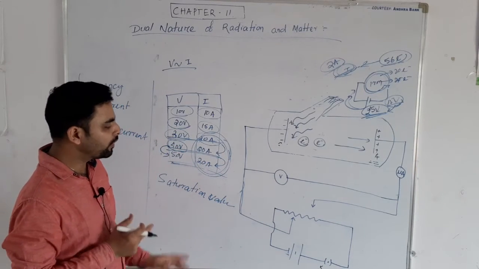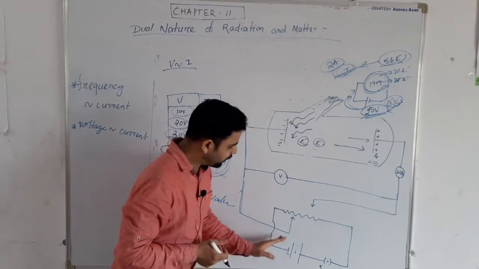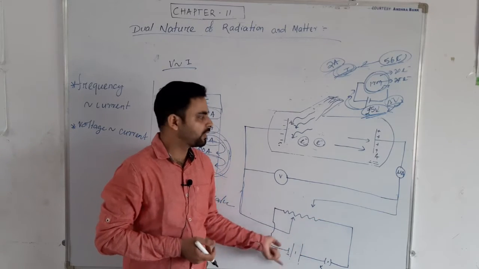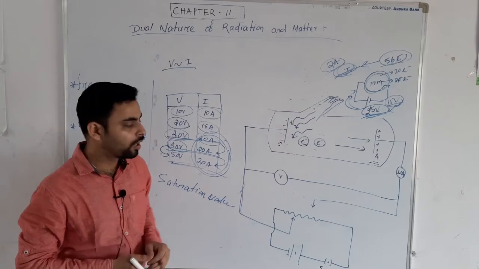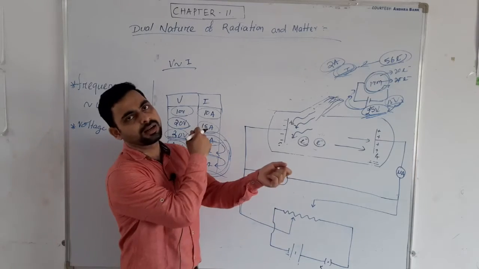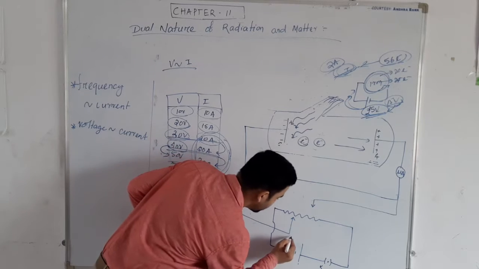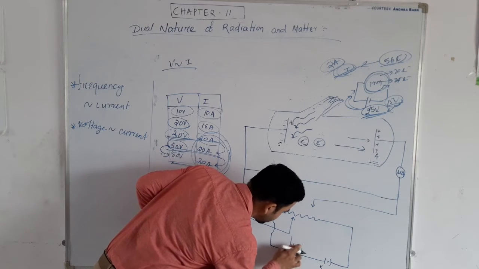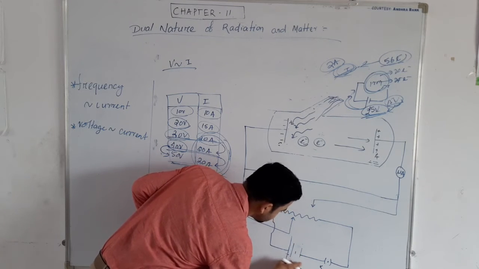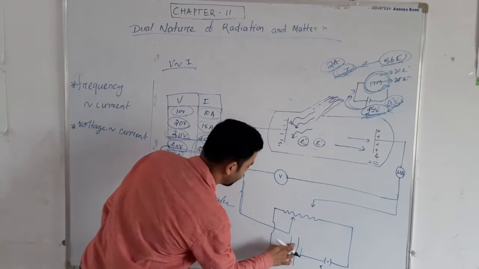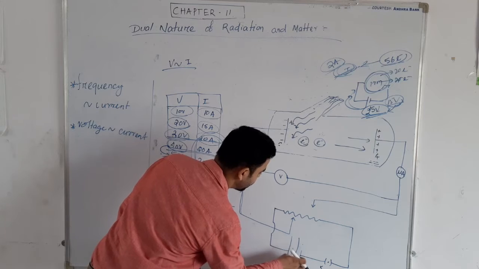Now what the scientists did, they observed that अभी तो भाई चाहे बैटरी का पोटेंशियल कितना भी इंक्रीज कर लीजिए, करंट तो नहीं बढ़ेगा। उन्होंने क्या किया? बैटरी को उल्टा कर लिया। ओके, बैटरी को उल्टा करके लगा लिया। इस साइड पॉजिटिव और इस साइड नेगेटिव कर लिया, राइट। अब ये साइड हो गया मेरा पॉजिटिव, ये साइड हो गया मेरा नेगेटिव।